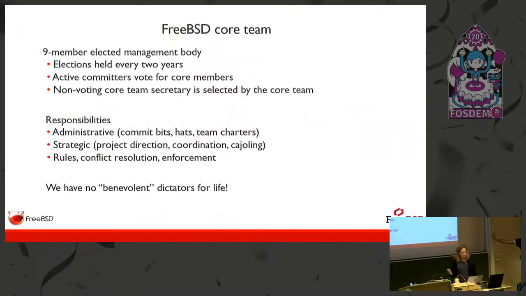And so I just talked about the core team, and that's actually a list of what they work on. And so what I'm trying to point out here is that we don't have one person who oversees the whole project and has the yay or nay on what goes in or how things are run. So it is definitely democratically run.